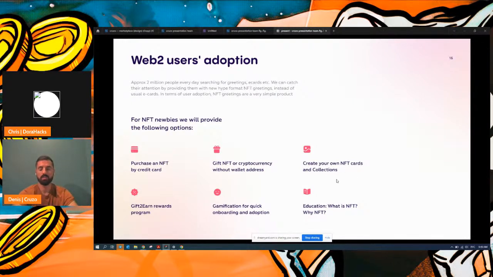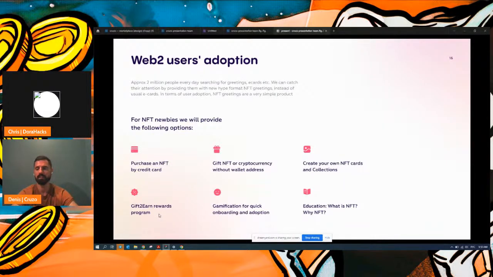We also provide the opportunity to create your own NFT cards, postcards for users, and NFTs, for example, NFT invites for an event. We create our own collection because we have already implemented a smart contract factory, so everyone can create an NFT collection for free on our platform. We also want to implement a gift-to-earn rewards program.